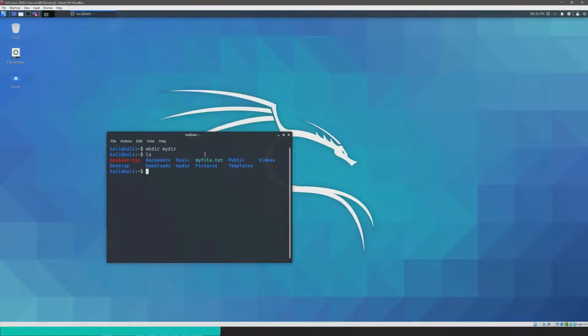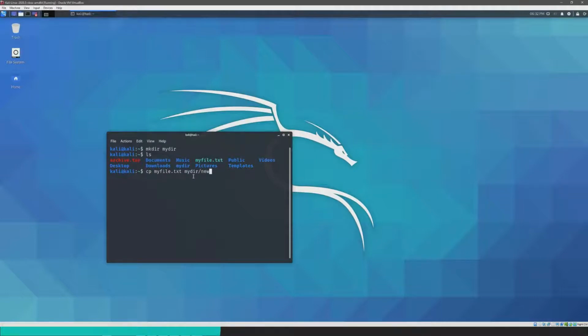And so I want to move this myfile.txt to that directory. The way that I would do that, well, not move, it's copy, rather. Move is a different command. I want to copy it over, because if I moved it, then it would be gone from here, and it would just be inside there. So if I wanted to copy it in there, I would do cp, I specify the name of the file, and then I specify the directory, and then I also include the file name that I want to change it to, because it gives it the option to change the name of the file.